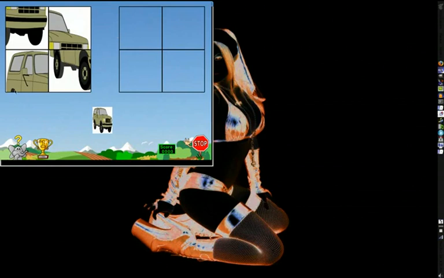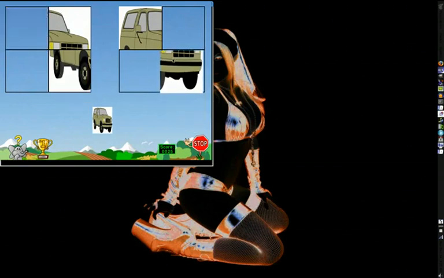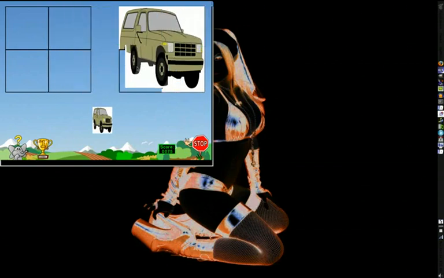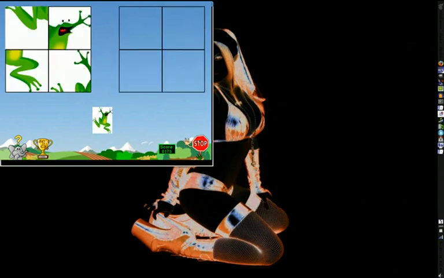This one right here is a little picture puzzle game where the kids just try to... I'm so used to the other type of click. Remember, to pick a piece up, you click 1 time. To lay it down, you click again. I'm used to dragging and dropping, so it kind of throws me off. But anyway,